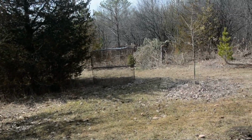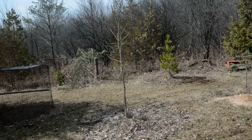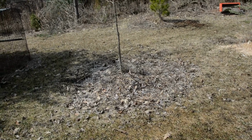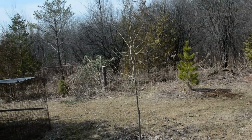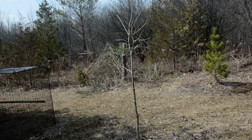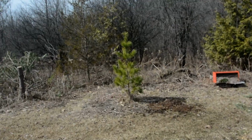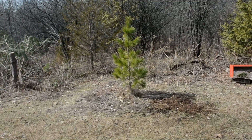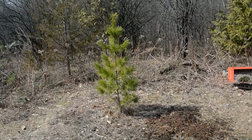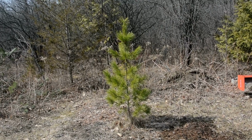Over here we go past the little oak tree that Sherry gathered the nuts for when she was carrying letters, and I planted the nuts and grew the little seedlings. Now they're about 6 feet tall, some of them. But over here, this is what we came over for. It's a Siberian pine. It's a nut pine, and it was 6 inches tall when we got it, and now it's got it in